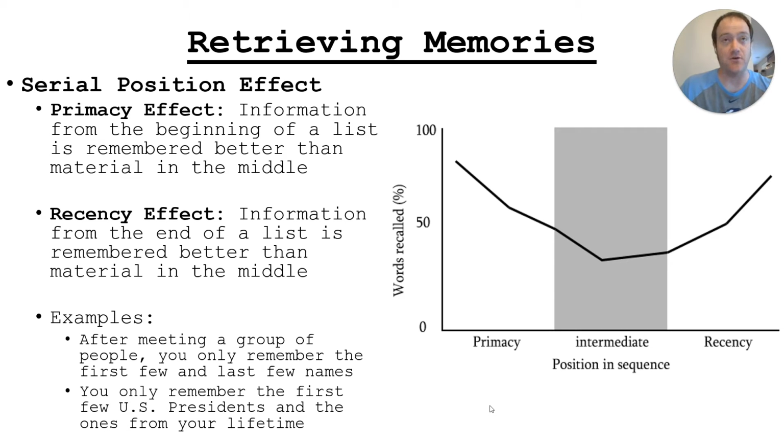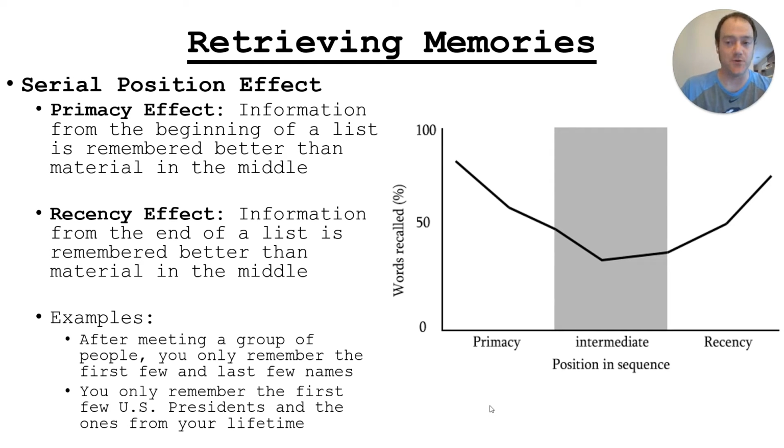If I was to ask you who the 21st president was, you probably wouldn't know. The only way I would be able to know is if I did that song I was talking about in the first notes all the way up to number 21, which I will spare you and not do. But you don't remember the ones in the middle as easily as you do at the beginning and the end. That's what the primacy and recency effect are, or if you just refer to the whole thing, the serial position effect.